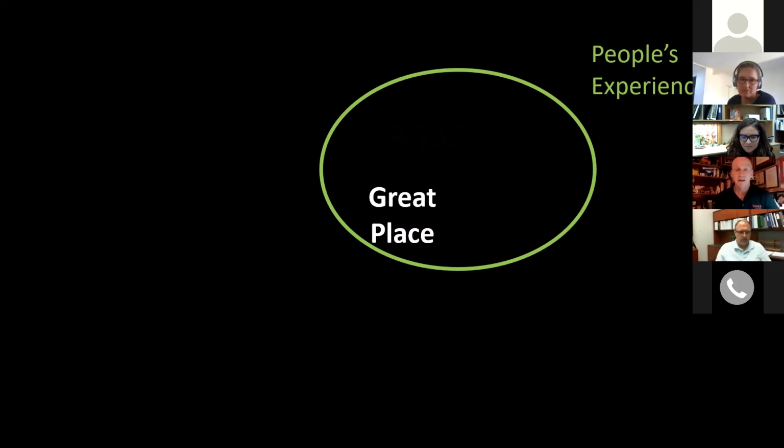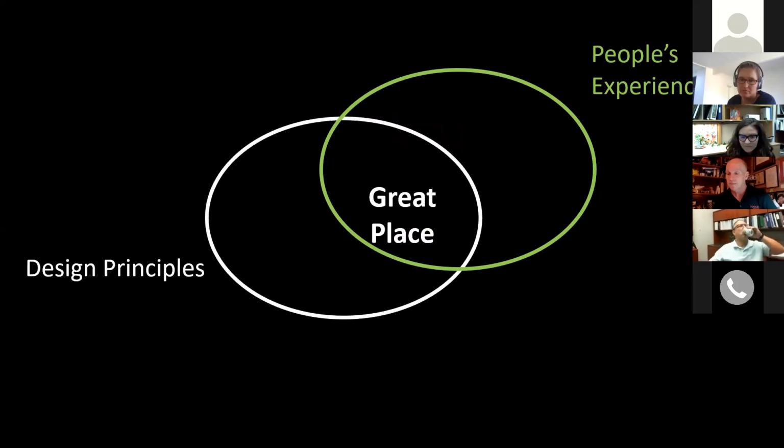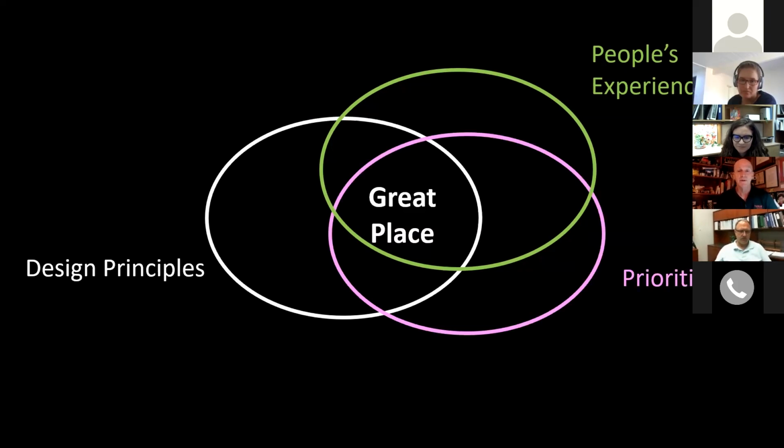One thing about great places is to consider people's experiences. All the different folks that use the streets, whether they're on foot, in a wheelchair, on a bus, walking, driving, riding their bikes. Next. And then to apply good design principles. Great places don't happen by accident. They happen through design. And so we'll be showing you a whole bunch of principles, and you'll be showing us your values so we can apply the principles according to your values.